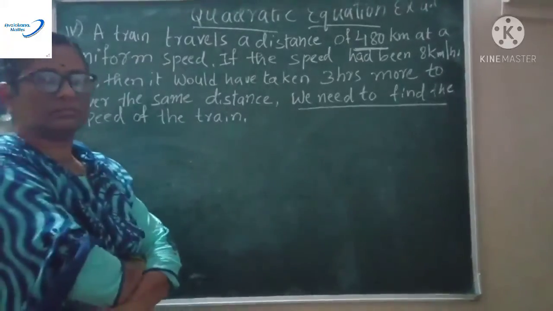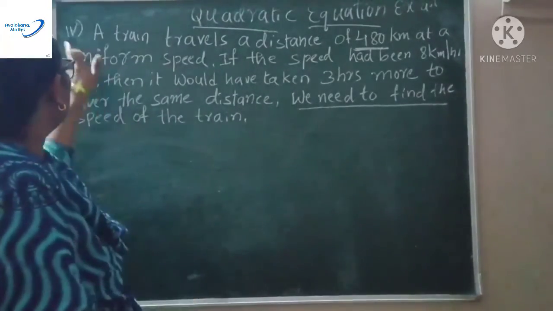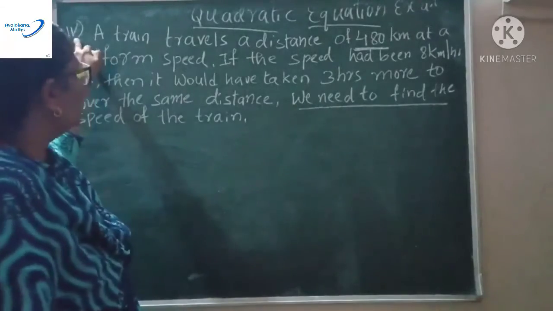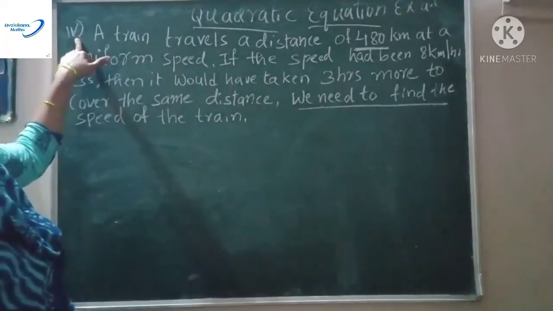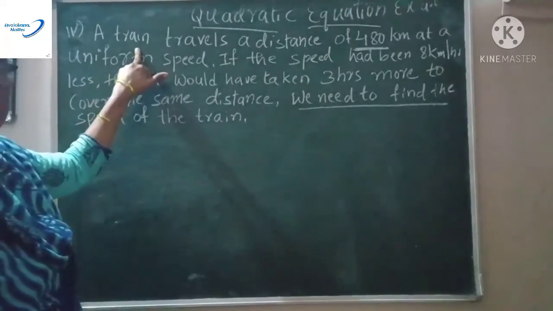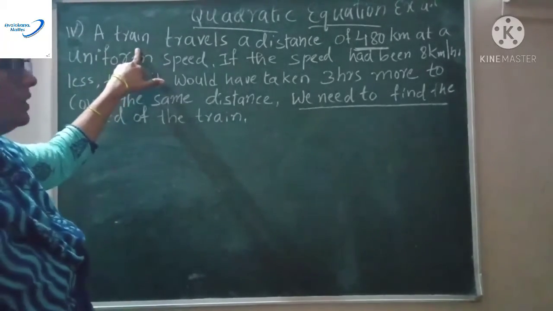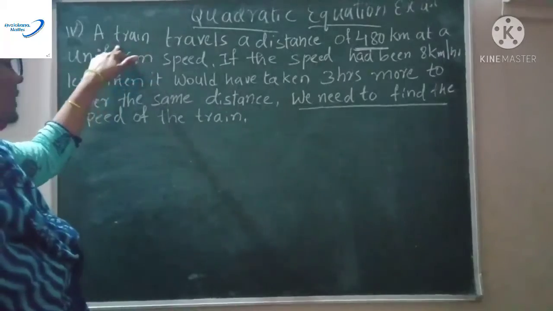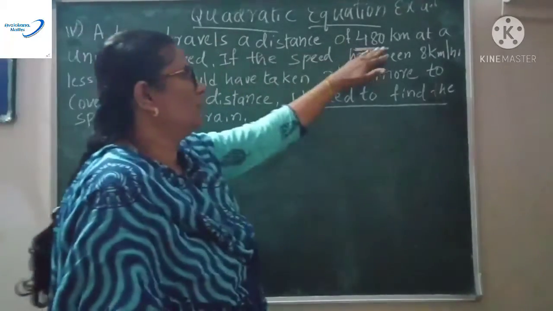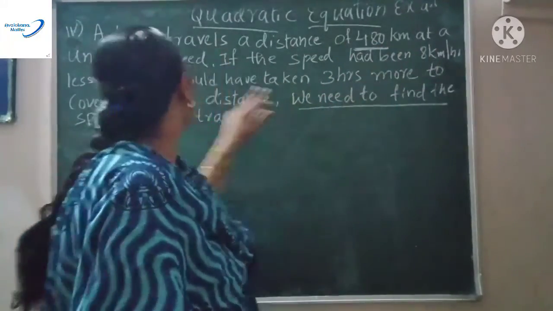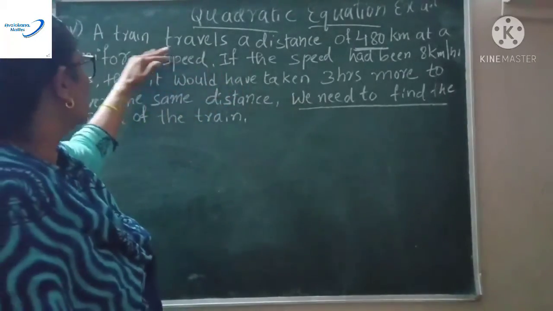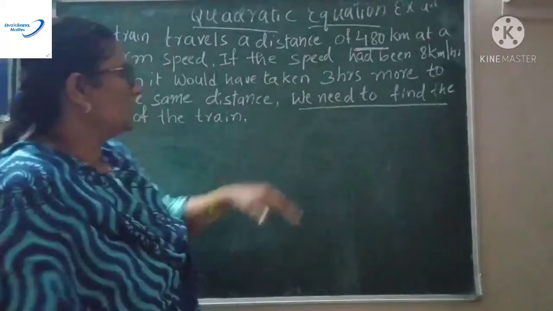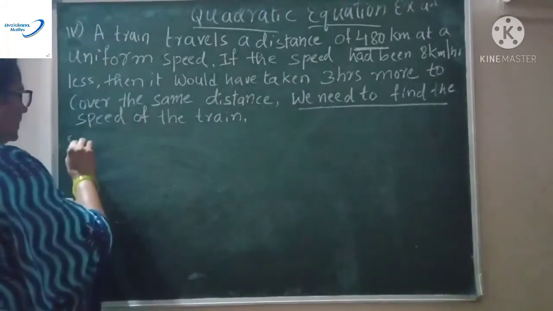Question 4. Okay, continuing with the fourth problem. Let me read the problem first in a slow way so that you can understand what is given. A train travels a distance of 480 km at a uniform speed. This is one sentence. So you are given the distance, very simple. So immediately you write, in the solution,